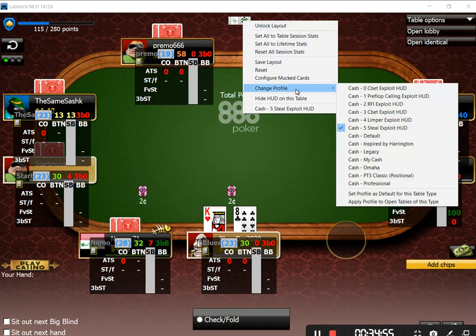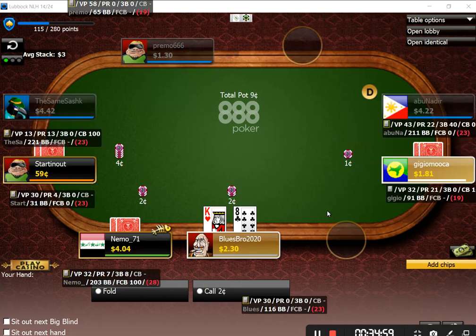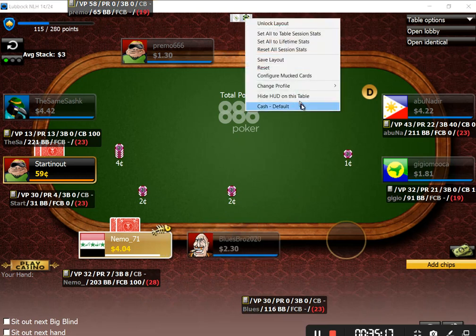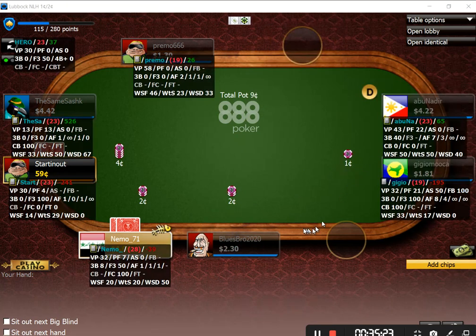PokerTracker4 themselves provide. So they've got a default cash heads up display, which is this one. You'll see the color coding isn't there, so it's a pretty basic heads up display. What do we got? No, I'm not going to call on the big blind. We've got cash heads up display